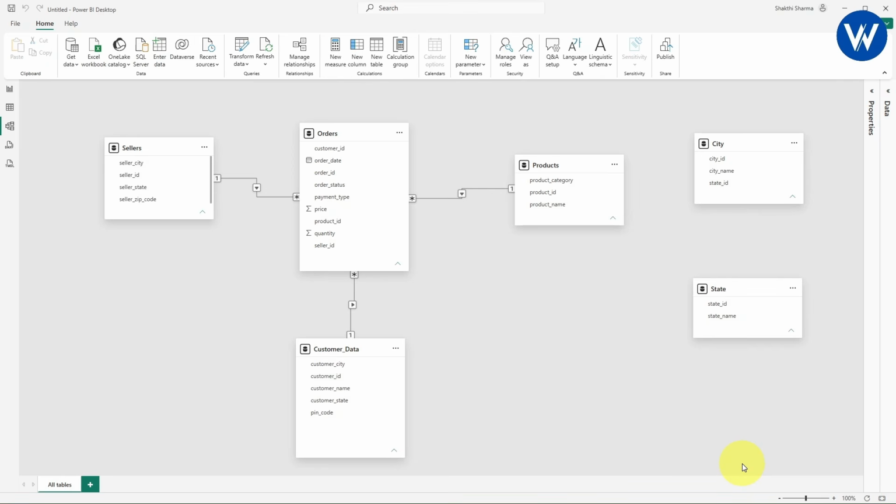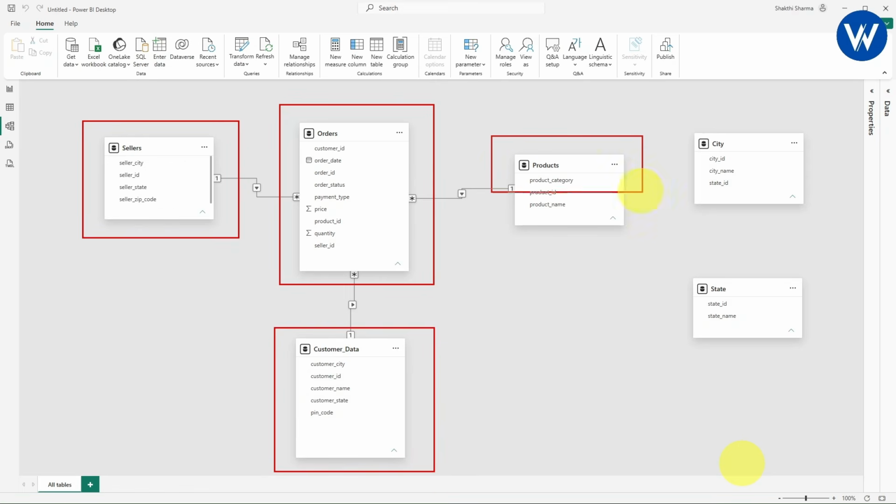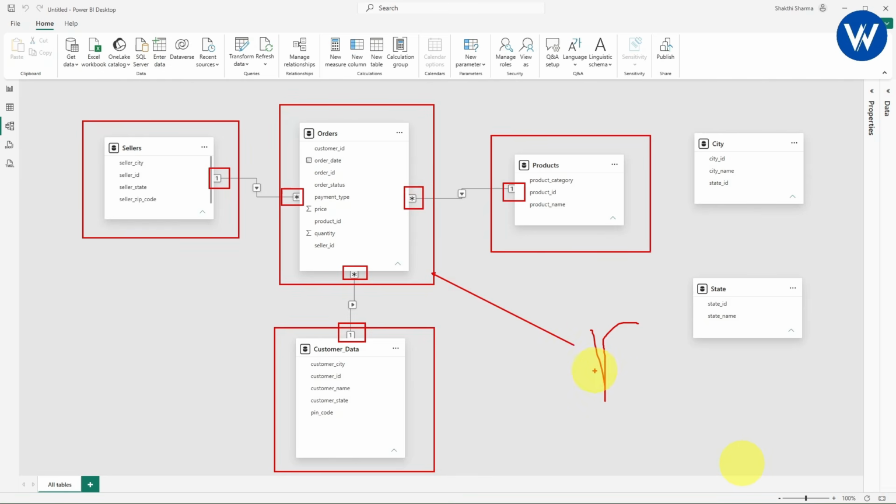Alright. Now listen carefully. In data modeling, this table is known as a fact table. Often we call it a data table, and all these tables are known as dimension tables. Look here, guys. These tables are known as dimension tables, which contain one. So wherever there is one, the table is known as a dimension table, and wherever there is a star, the table is known as a fact table. So this is a fact table. We often call it a fact table or data table, and these are nothing but dimension tables. Okay, guys, these are dimensions.